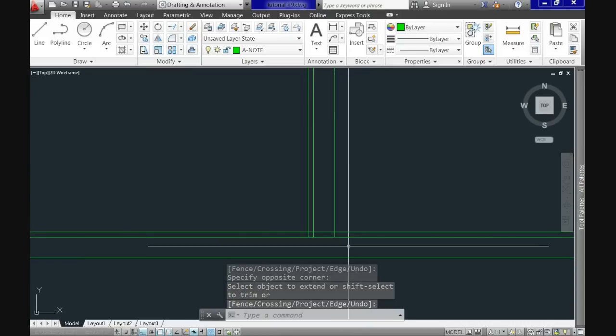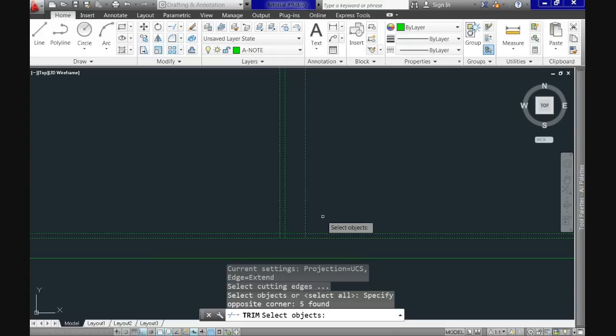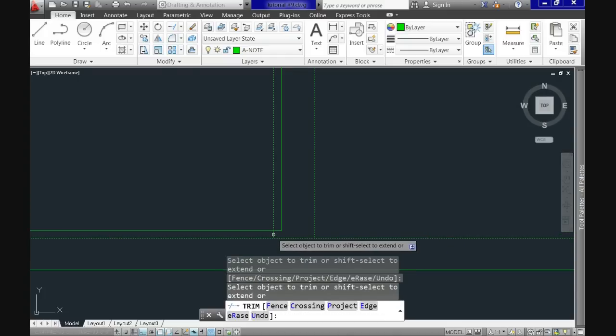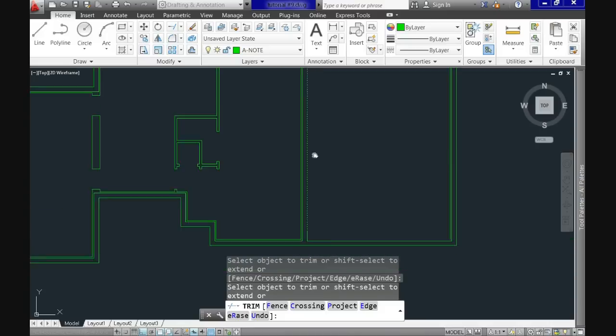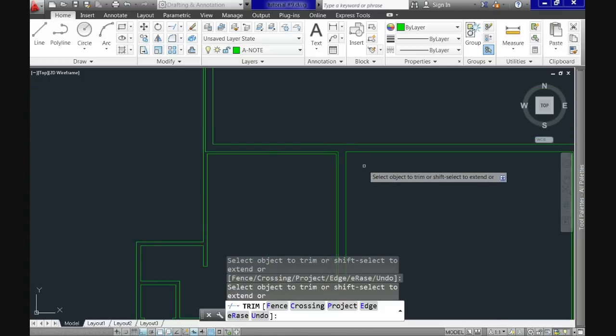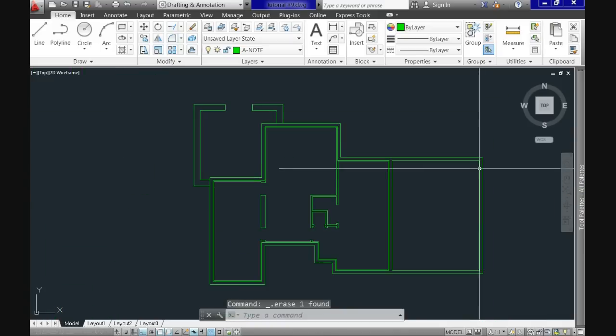We need to trim accordingly. Now let's call the command, select the cutting edges and now let's trim the lines we don't need and combine it with shift to extend where is necessary, of course. Just follow what I'm doing, keep the command active and repeat the process at the other side. So don't hit enter or escape or right click, just go to the next side with the command still active and keep trimming what we need and use shift to extend. So we are done at this side too. Now for this remaining line at the wall on the right, just erase it